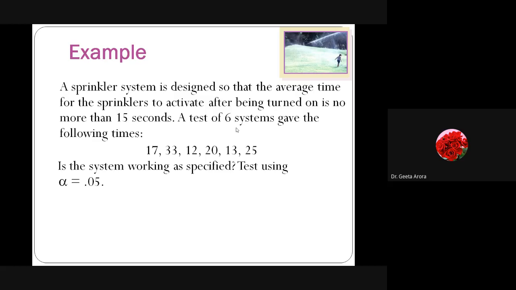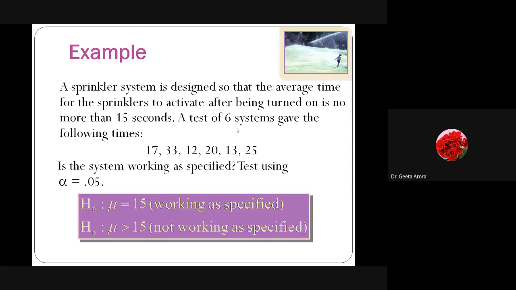But here we have a small sample size, and one more difference is that here the data is provided to you. We have been given the data. Earlier we were told this is the mean, this is the standard deviation, either from the population or the sample. Here we are not told so, because the data is in front of us and we have to test it. Most of the time it is a hint for you as a student: see whether the data is given or not. If data is given, obviously it can't be solved with the help of the z-test. Another thing is that here we are not given the value of z.